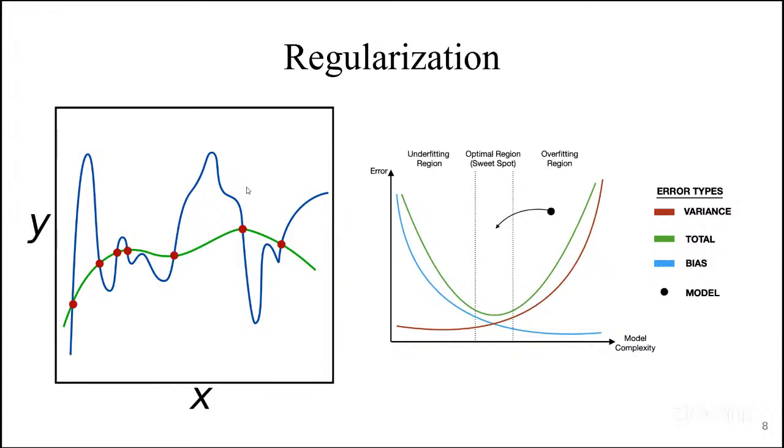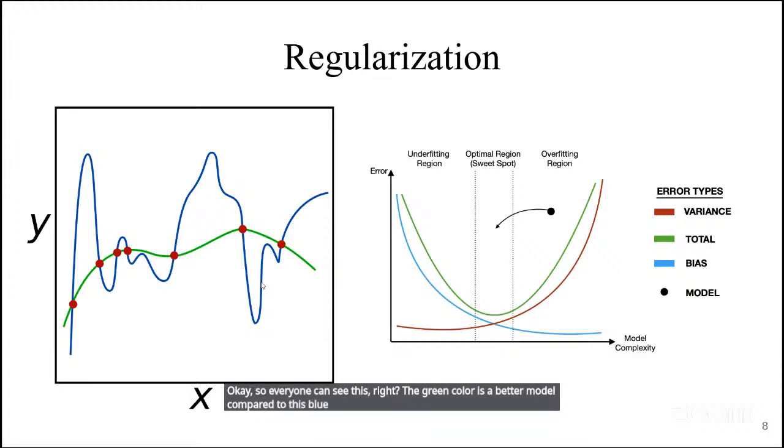Is this blue color a good model, or is the green color a good model? Green color. Okay, so everyone can see this, right? The green color is a better model compared to this blue model, right? So the idea that you are all using to say that the green is a better model